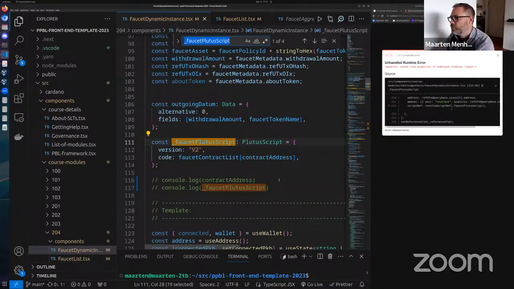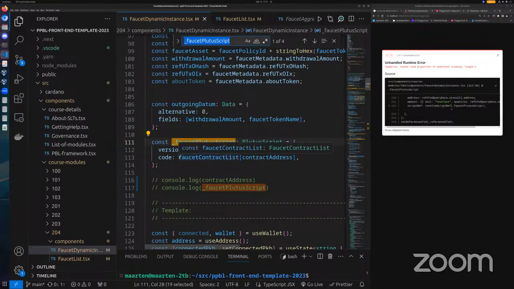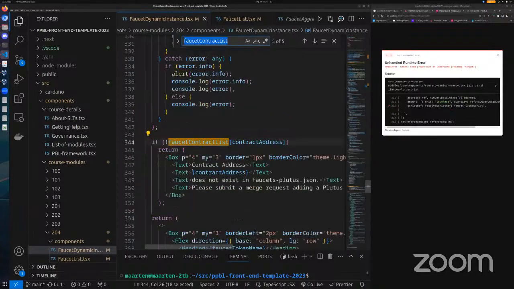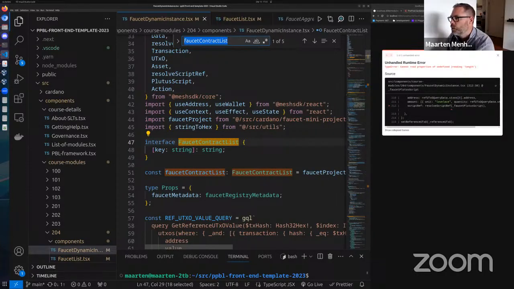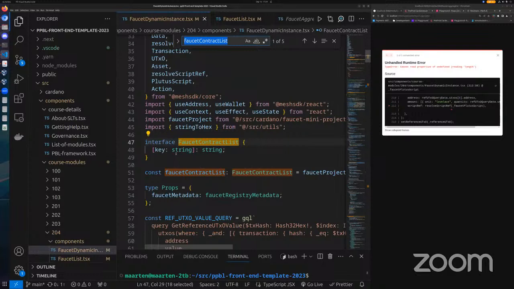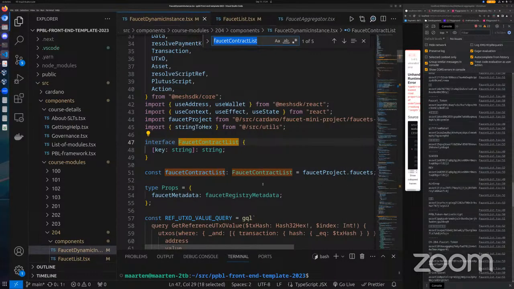Const Plutus script version 2 code, faucet contract list. Where was that coming from? Interface. That's the type on lines 47 to 49. We're saying that a faucet contract list is a list that has keys that are a string followed by a string.